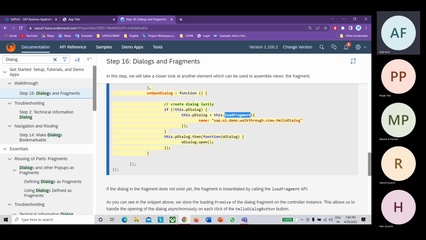Whatever way you want to try, you just need to try. But going forward in the future, if you have a requirement to use the fragment, you can use the step which I've shown you, or otherwise the one which they have used. That's not a problem. But at the end, you have to remember, you should at least know the syntax, how they are loading the fragment. That is important.